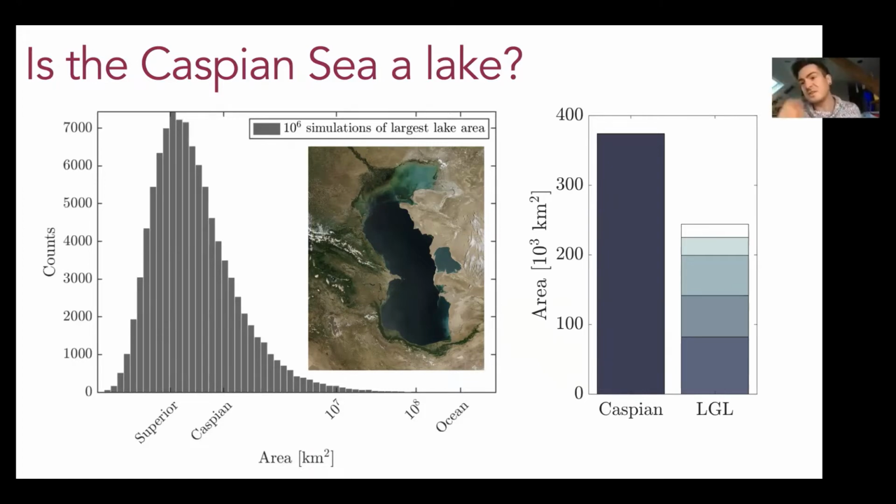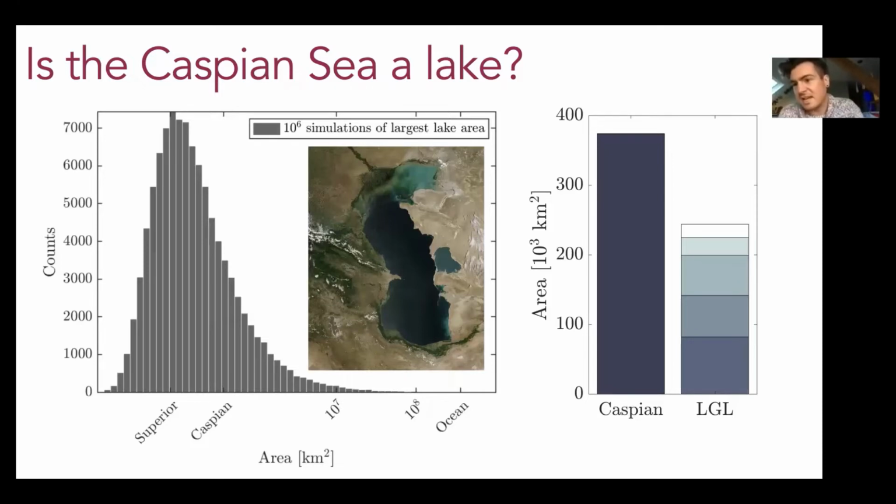So what you can do is take this power law distribution for lake sizes and randomly sample from it a bunch of times, and then you just pick the biggest lake. And then you do that again, and you get the biggest lake. And you do that again, and you get the biggest lake. So you can imagine it as if you have 1 million planets that have the same lake size distribution as Earth. Their biggest lake is going to be a slightly different size on each one, because randomness is a factor here. And so we can look at the distribution of the biggest lakes on all these million fake planets. And what you basically see is that the Caspian is only bigger than 3/4 of these largest lakes.